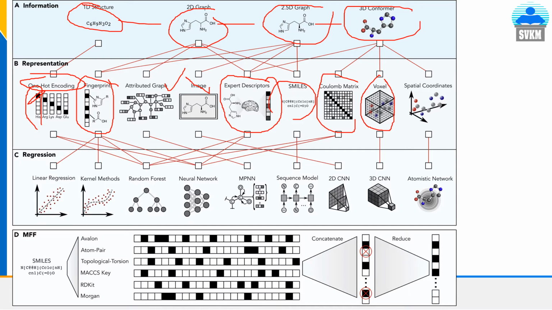Now, based on your type of machine learning model, type of data, and type of interest, if you are going for de novo drug designing, you have to go for a definitely complex type of deep learning model like autoencoder, or if you are going for a simple classification type of problem, you can use a simple model as well, right? And finally, this is ECFP, that is fingerprinting. You will go for this type of pattern. So this is a summary of the entire molecular representation and machine learning model.